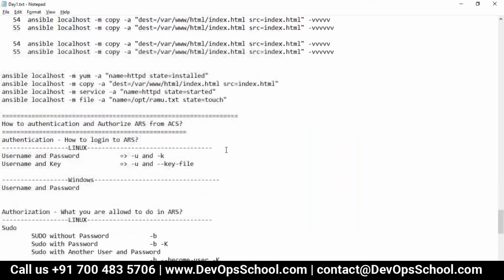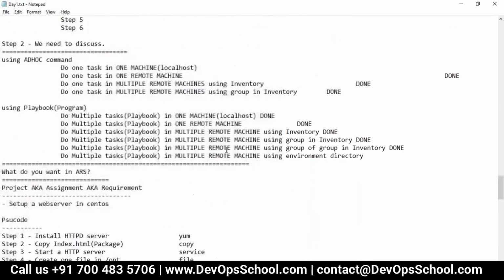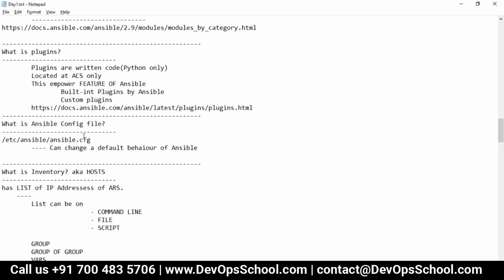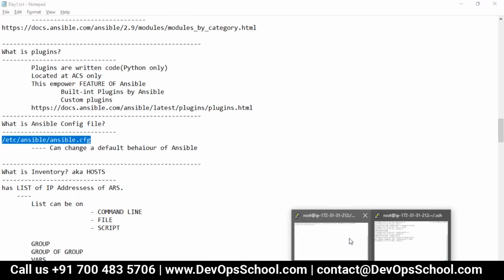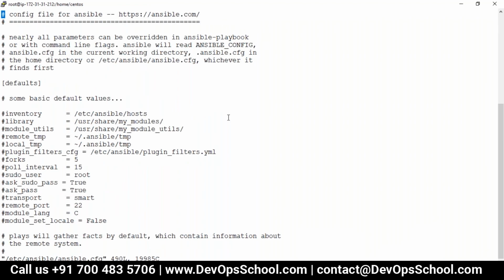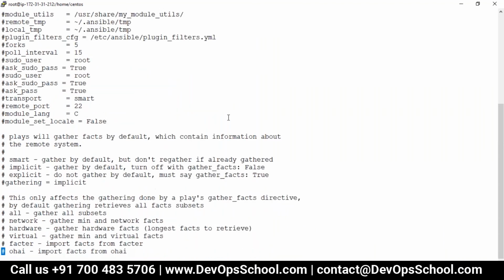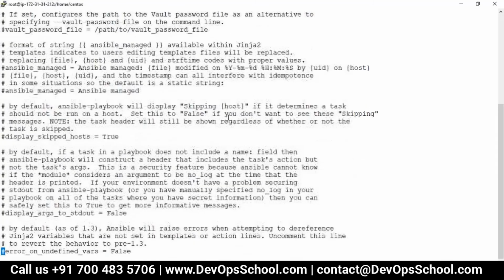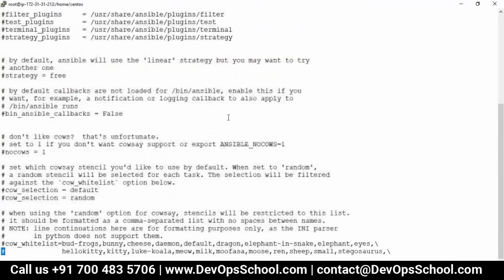The config file has to be edited. Wonderful, yes, the configuration file. Correct. Guys, this is the file that needs to be modified, because you are changing the behavior of Ansible. When I go into this file, oh, so many options are there. I'm lost now again. Again, have peace of mind. Be patient.